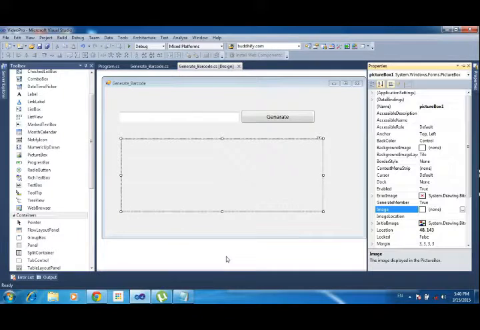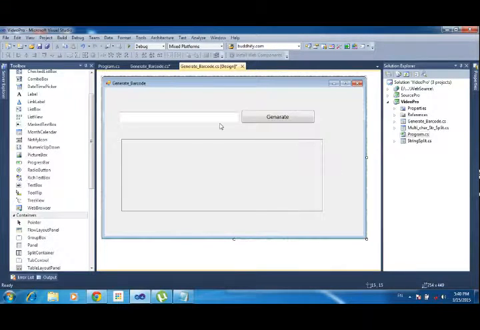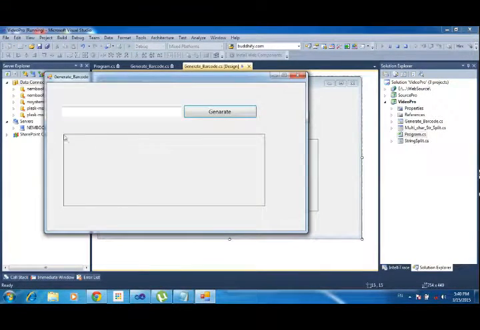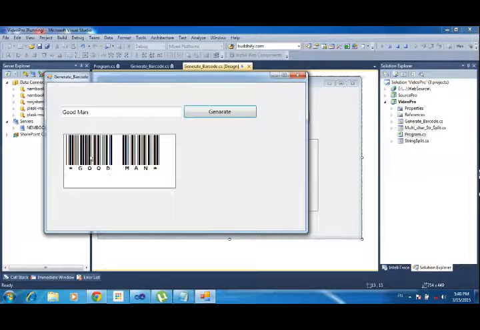Go to the picture box and change the border style to fixed single, so it will show a single border. Now type any word like good man and click the generate button. It will generate the barcode for that.